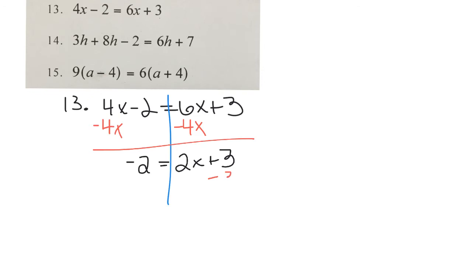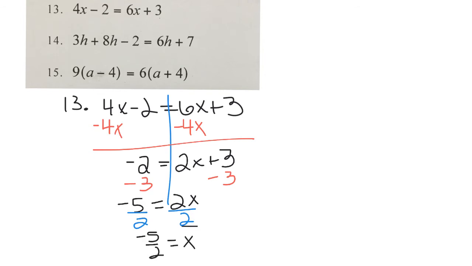Now I'll move the constant, minus the 3. Negative 5 equals 2x, and we'll divide by the 2. And don't get messed up, just because the answer is a fraction, it's not reducible. We don't need to make it a mixed number, so we can just leave it. x is negative 5/2. Number 14,